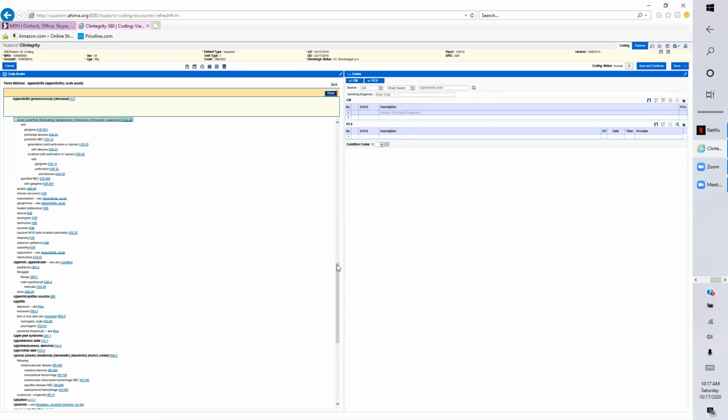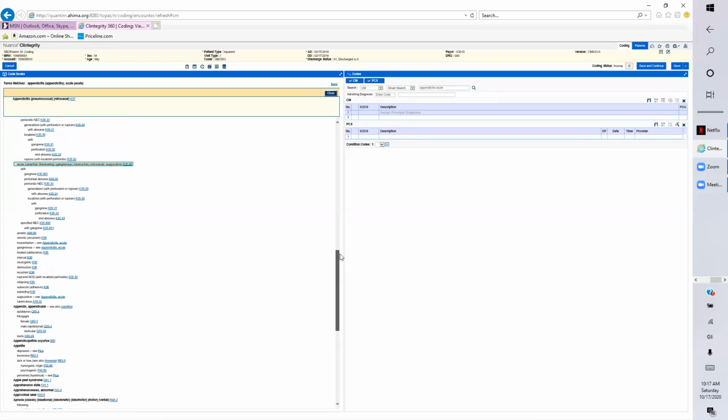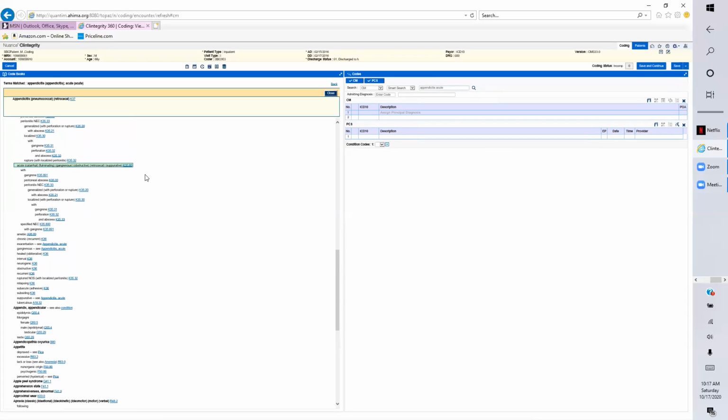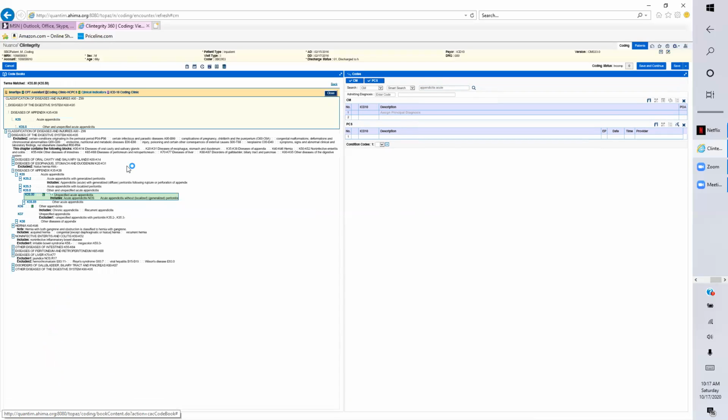You can scroll here, but it's going to take you to this green highlighted area. So anyway, this is the code for acute appendicitis. So I'm going to click on it. And then it takes me to the tabular. So this is the actual tabular like you'll see in your book. And here, of course, like I always do, I want to review the notes and everything to make sure this is what I want. And I also want to make sure I've got the most specific code, because if there were more characters for